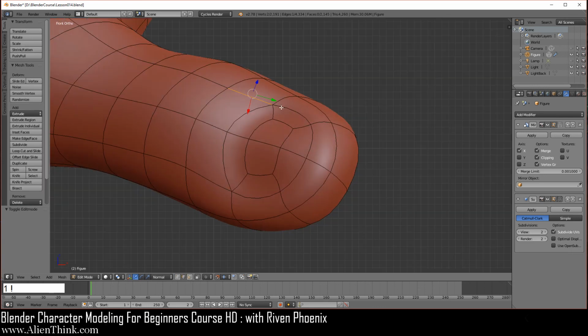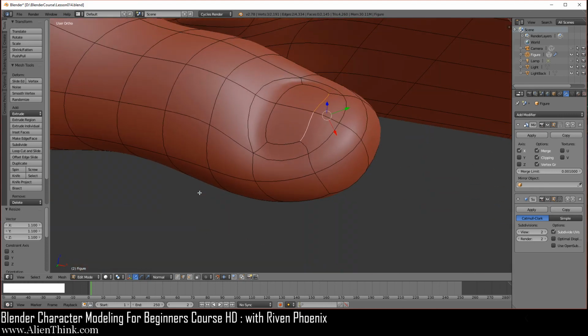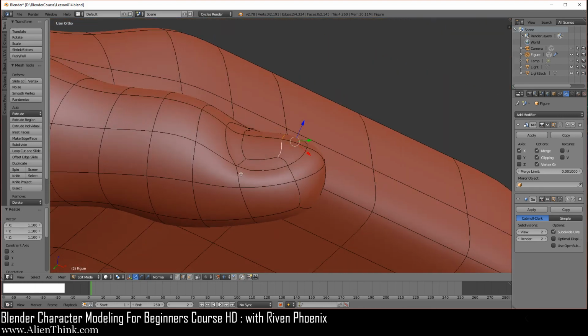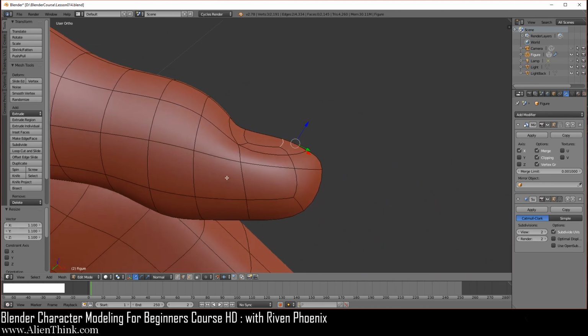Okay, now we're going to make the nail very quickly. All you have to do is select these and press the scale. You're going to do 1 2 and then 3. And now let's do this one more time over here, then click on this. Now what we're going to do is actually rotate this. So I'm going to press the period key and just zoom out. You're going to rotate it like this. Look at this line over here, the center line. I'm rotating like this so it kind of disappears.